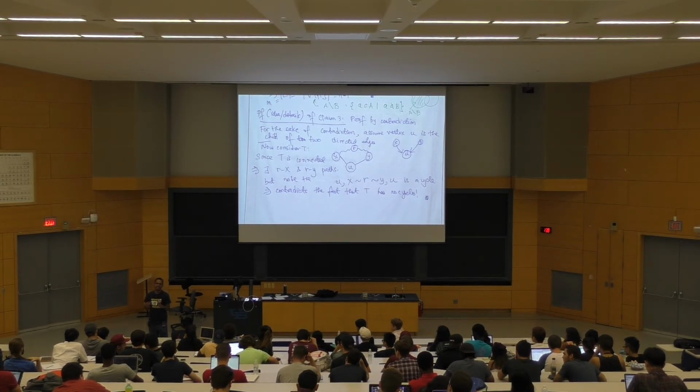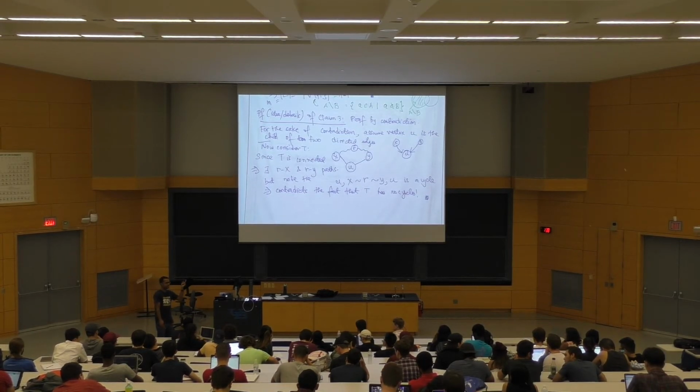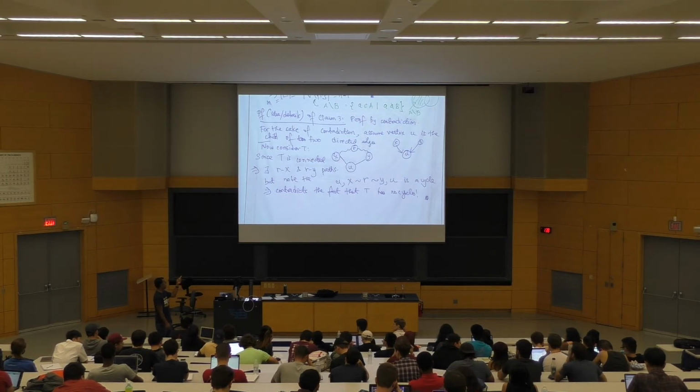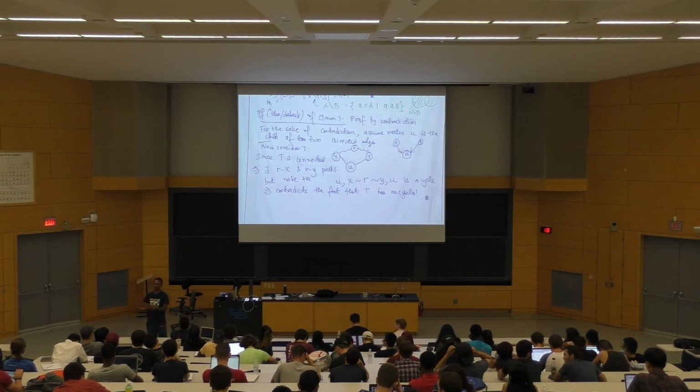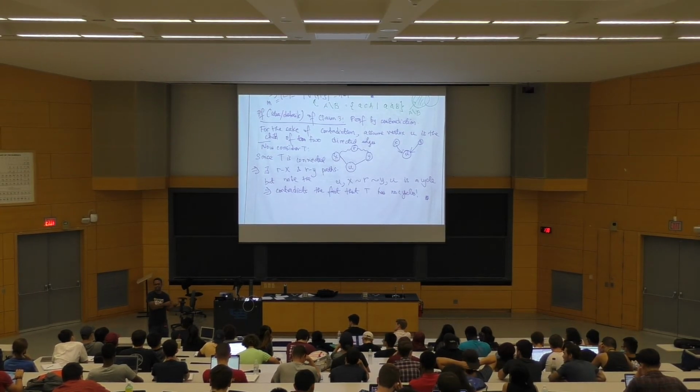A proof idea is a summary of your actual proof details, right? Because typically, in a proof, there are one or two main ideas. So what were the main ideas here? A, we're going to use contradiction, right? B, we're going to say if that happens, then there are these two edges, XU and YU. And then we're going to use the fact that T is connected to come up with a cycle. That's the summary of my argument. And the proof details in this case is you're going to flesh out each of those steps.